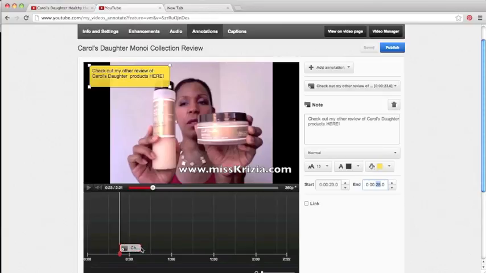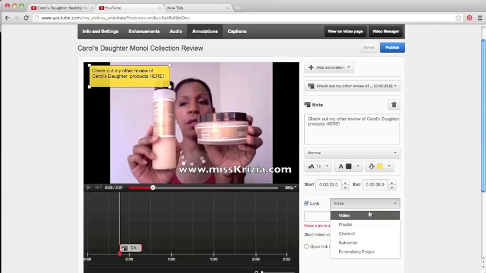So I'm going to have it last for a few seconds, about 15 seconds or so. And then I'm going to add a link. Now, this is very important: you want to make sure that you add a link that is from YouTube. You cannot add a link that comes from another platform. So you could either have a video, a playlist, a channel,